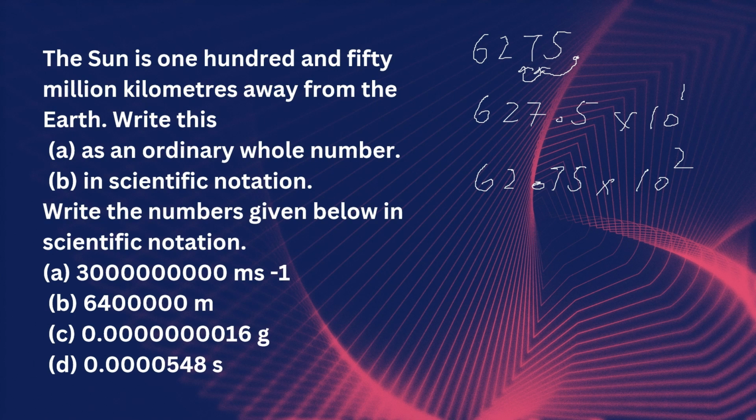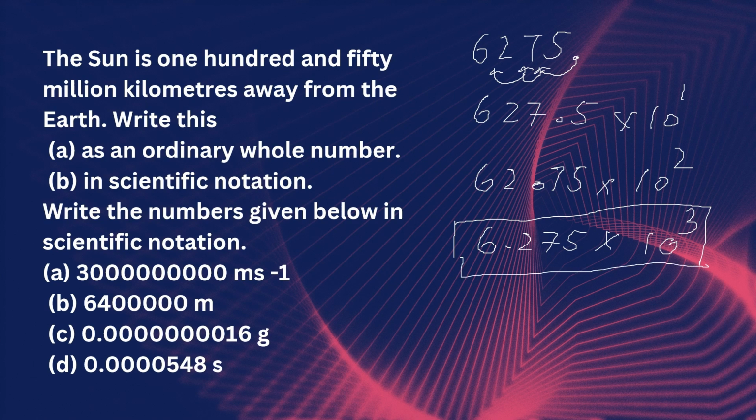If I move this decimal three digits, 1, 2 and three digits towards the left, then this number will become 6.275 multiplied by 10 to the power 3. So out of these three, just this one, 6.275 into 10 to the power 3, is a standard form or the scientific notation, because there is only one non-zero digit before the decimal. Here there are two digits before the decimal, here there are three digits before the decimal, so these two are not the standard form of the scientific notation, just this one is. So without doing a large calculation, which I did in slide 1, we can just